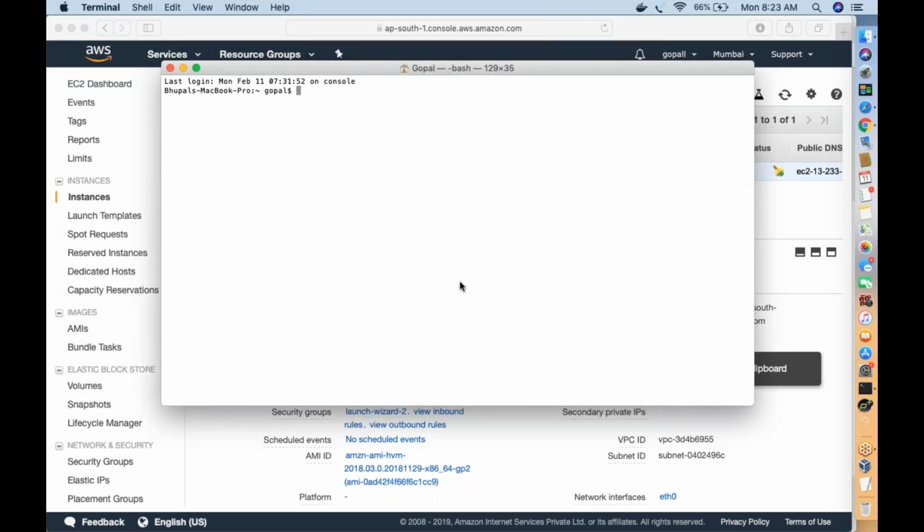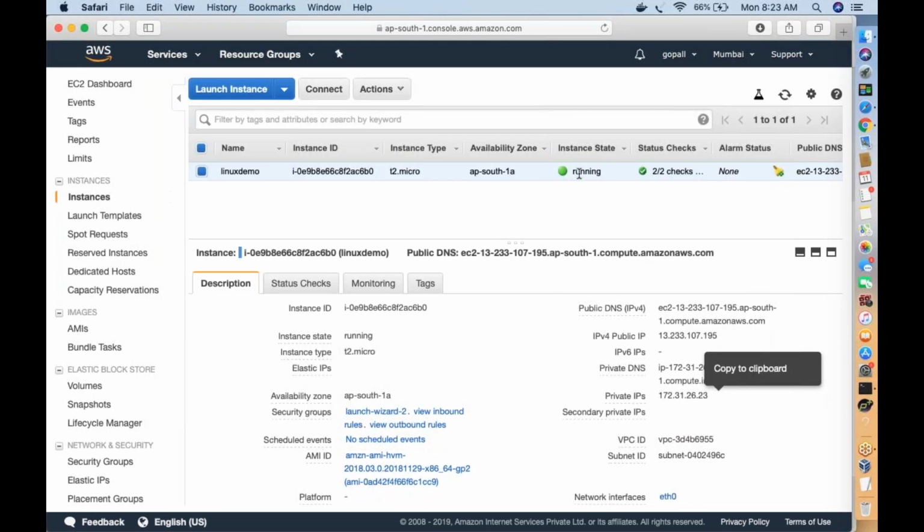Okay, once you open your terminal, the command to access the Linux server is ssh, followed by the user you need to authenticate with. If you don't know what username and password to use, immediately select your server and click on the Connect button. The Connect button will tell you how to connect to the server, with what username and password. Now when I click on Connect, it will tell me.